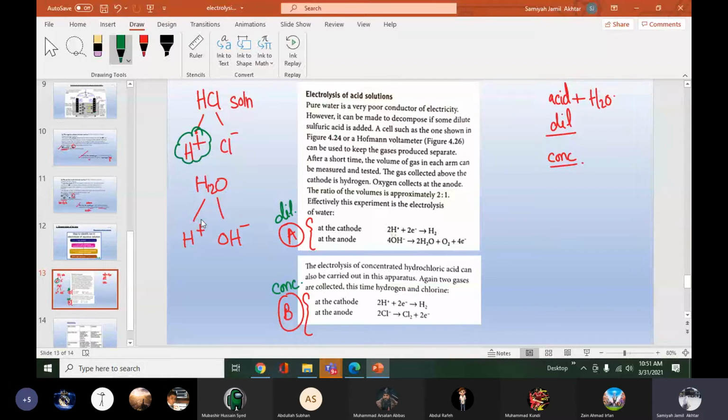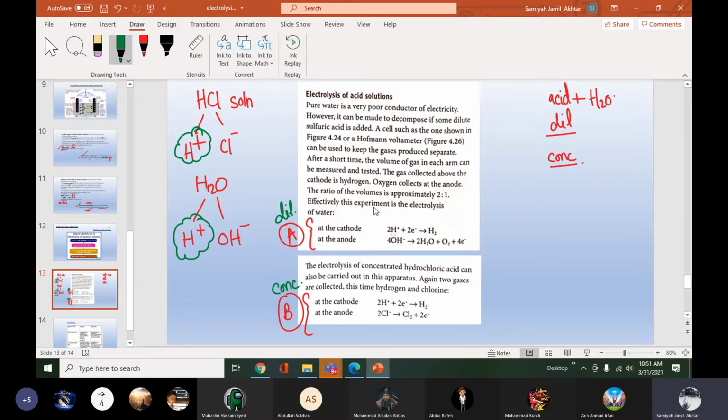Okay, HCl will also give hydrogen, and water is also giving hydrogen. Both of them are giving hydrogen, so there is no competition like in salt solutions. In salt solutions we get different cations, so there is a competition when we have to see the electrochemical series, that which one will discharge. But in acid solutions you have the same type of cation, hydrogen, hydrogen, so obviously hydrogen will discharge at